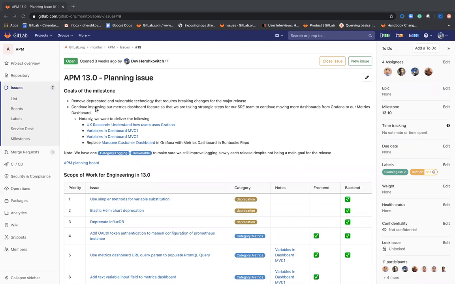And in addition to that, in this iteration, we will continue the work on the metric dashboard. As you know, we embarked on a project to ensure our SRE team will be able to use our metric chart instead of Grafana dashboard, and that they will be able to start phasing out Grafana dashboard. So the highlights of this feature in order to enable those